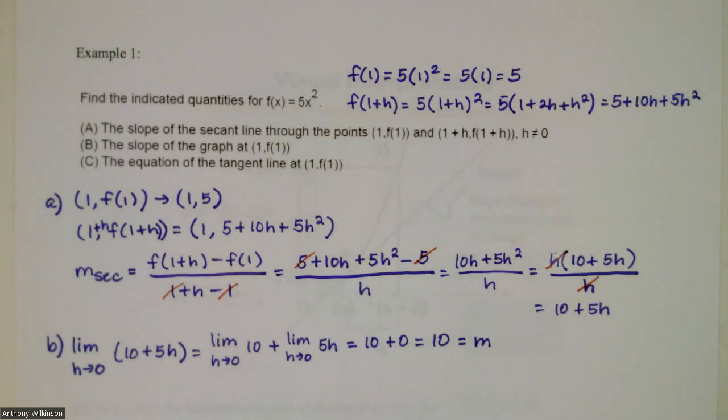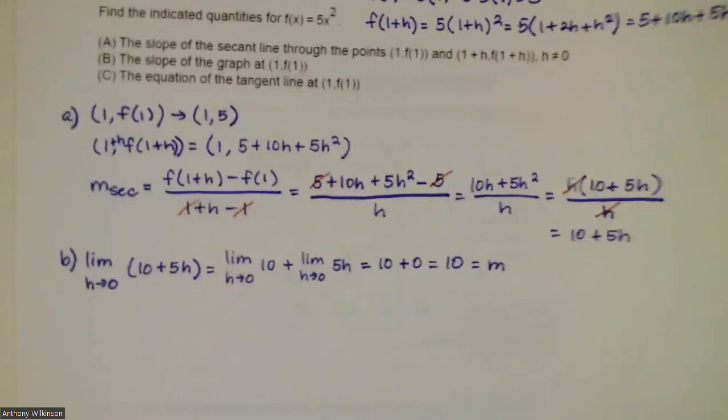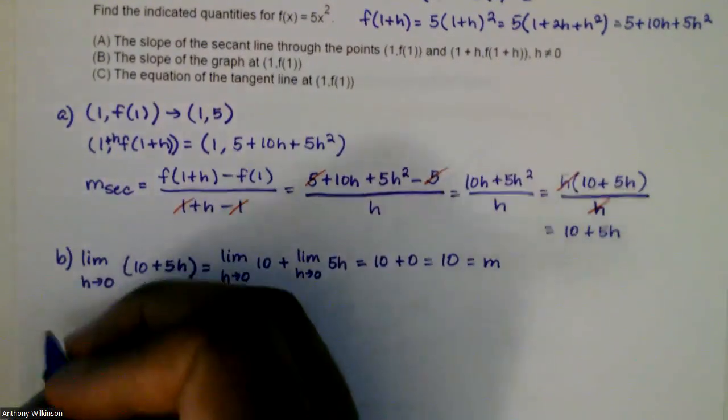So 10 will be your slope. Part C is the equation of the line, the equation of the tangent line at 1 comma f of 1. And we're going to talk about tangent lines in a few minutes. So in part C,